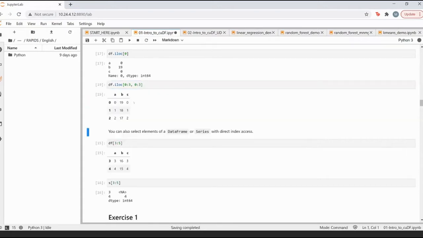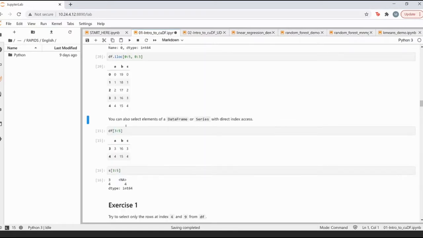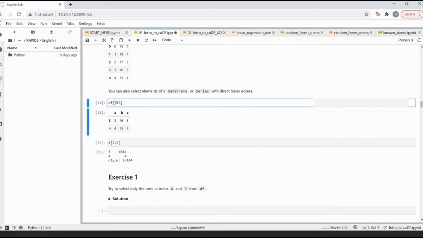And as you can see, now I've also printed my third column. So if I move this from 3 to 5, you'll see that now there are five values that I've printed from the row perspective, right? Similarly, you can do it the way you want, based on the start index range and the end index range, right?